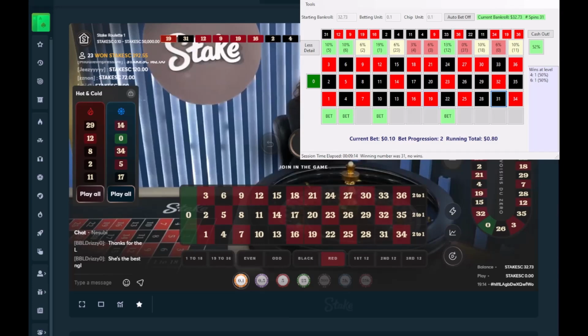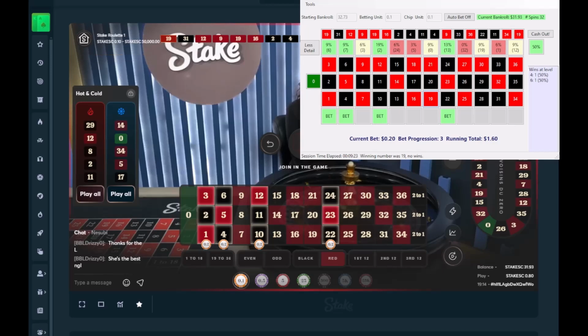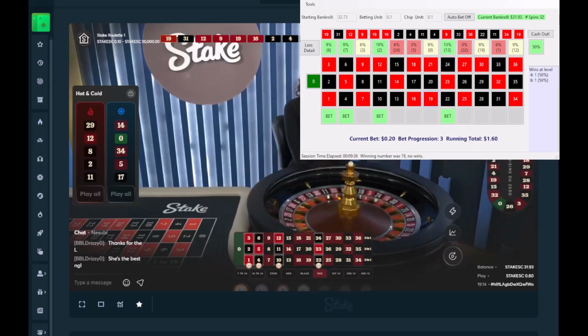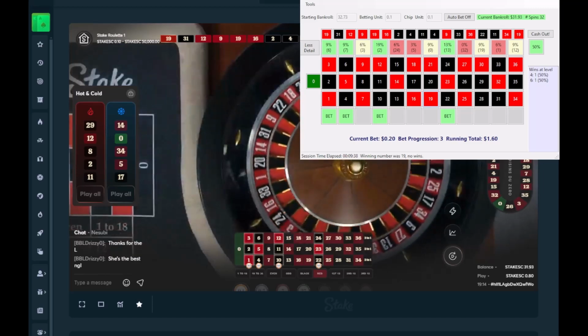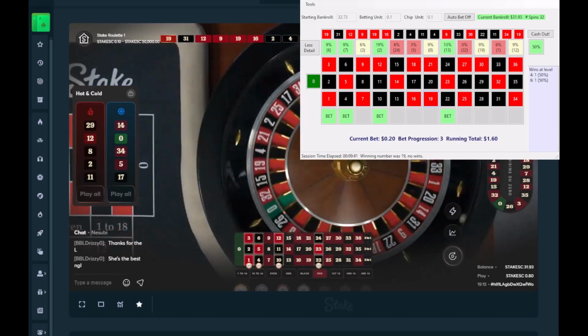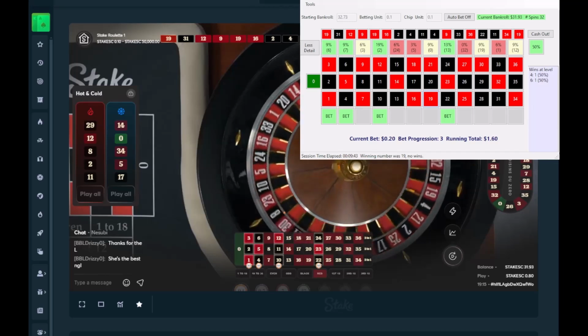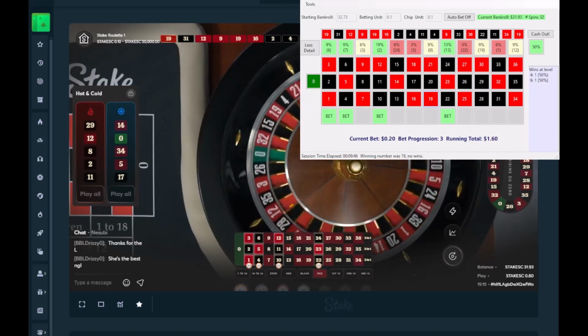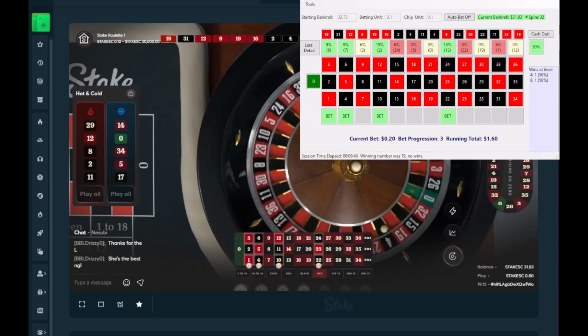And then also set a stop loss. So my stop loss was $6.40. I was going to call it a day, and that's it. And I still will call it a day. If I ever hit the sixth progression, I'm going to stop betting. Now, I was up a little bit this session as a whole, so I won't be down the entire 64 units, and that's fine. But it's better to save your units, save your bankroll for a day where the wheel is on your side, the luck is on your side, and